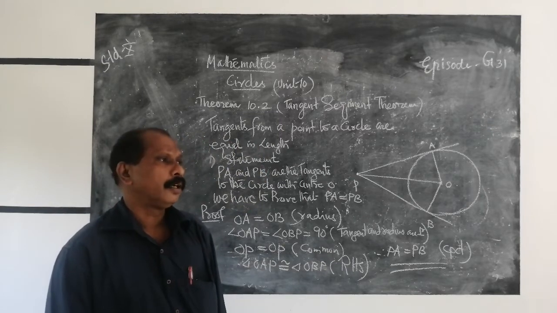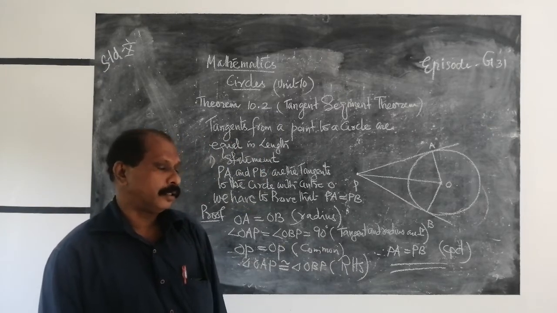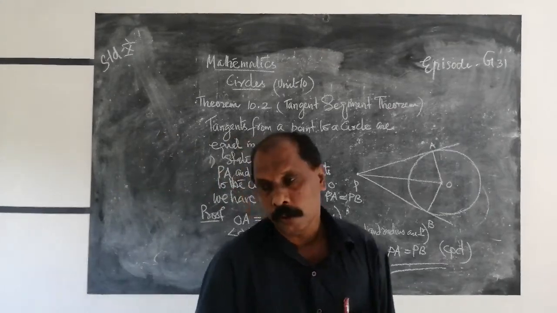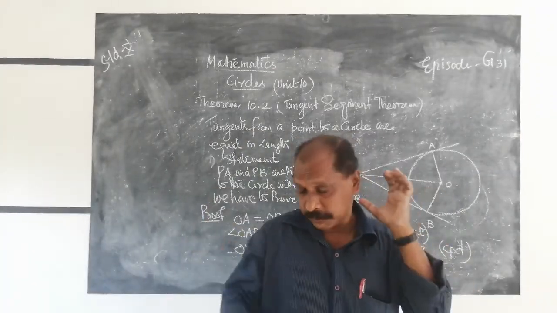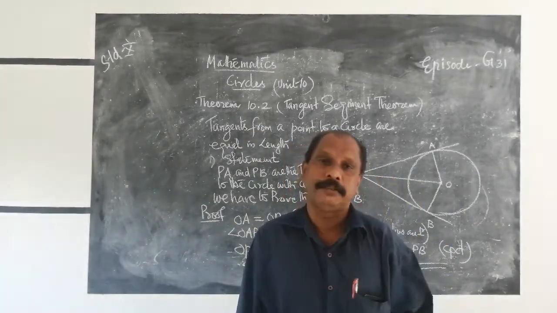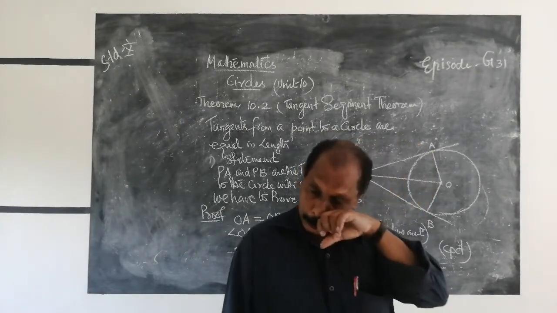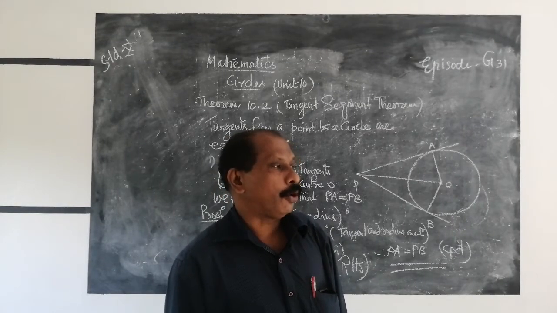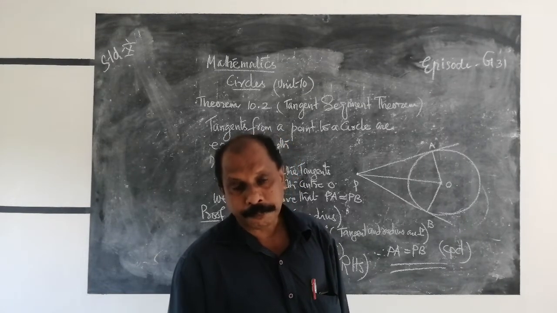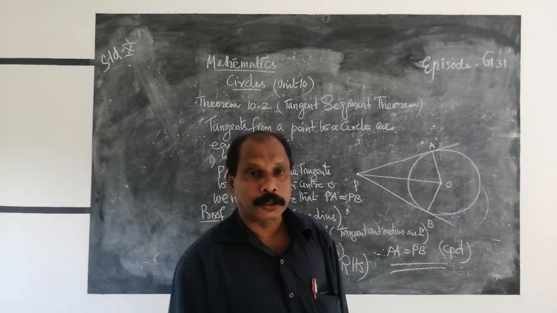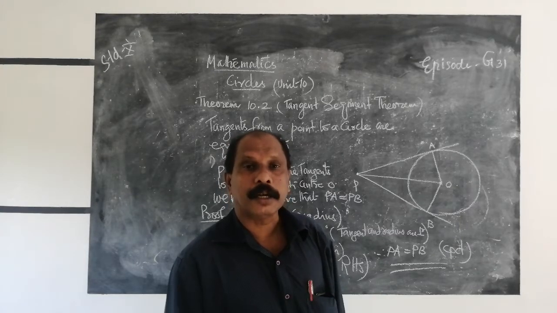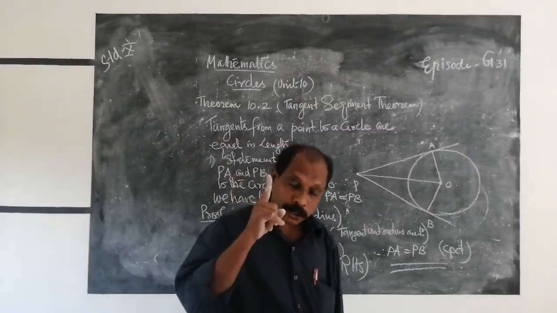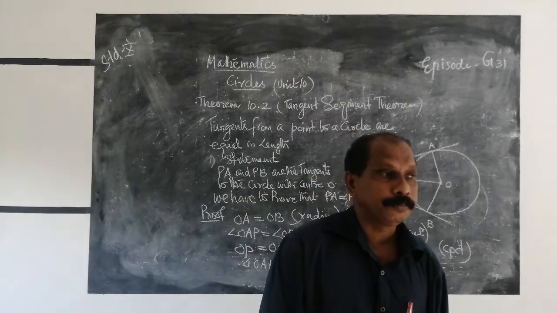Then first, any line that cuts a circle at 2 points is known as a transversal line. One point moves towards the first point and finally coincides with the first point. We know that the transversal line becomes a tangent at the first point. Therefore, for a circle and a line, there is only one common point. Therefore, it is known as a tangent. At any point on a circle, there is only one tangent that can be drawn.